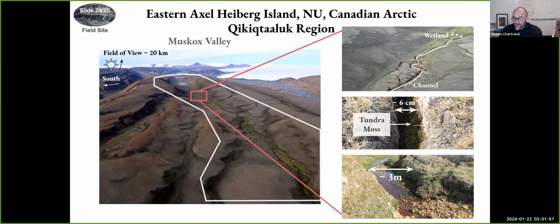Along the valley margins in areas like this, where we saw polygons, it's common to see tundra moss growing in the walls of the polygons themselves, indicating to us that the polygons have shut off. They're no longer active. As we know, moss can take anywhere from, say, half a century to a century, perhaps, to grow. I'm not an expert in this, but speaking with a few ecologists, these were the timescales that I